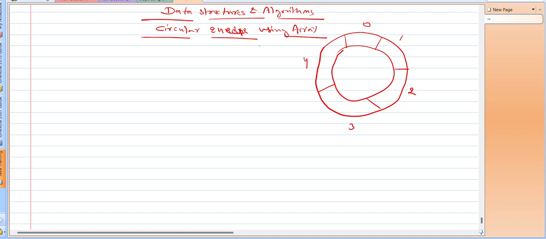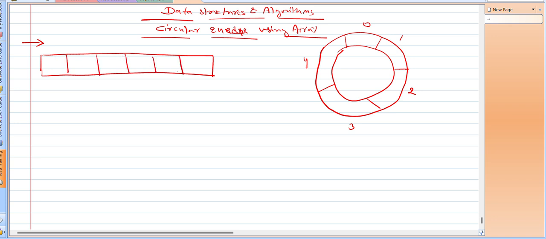In today's session, we will discuss the circular queue using array. In this session, we'll implement circular queue using array in C programming language. In the previous videos, we have implemented the queue using the array, linear queue using the array. So the problem with the linear queue is that